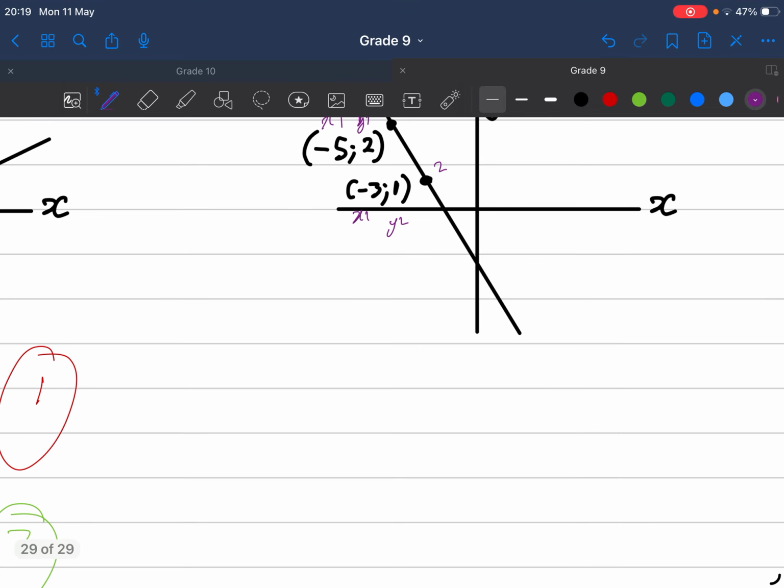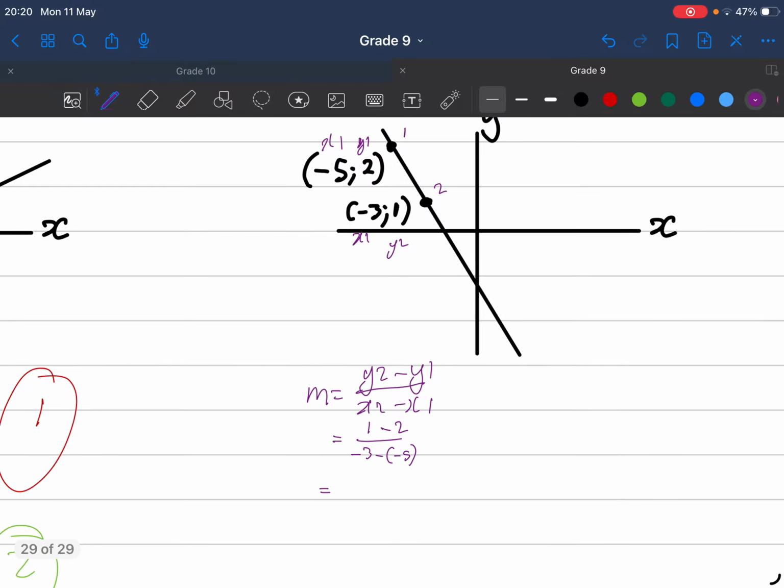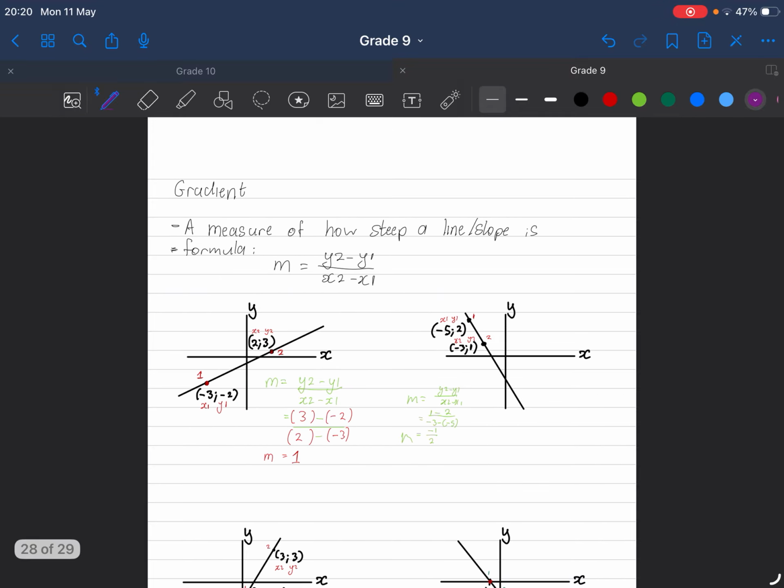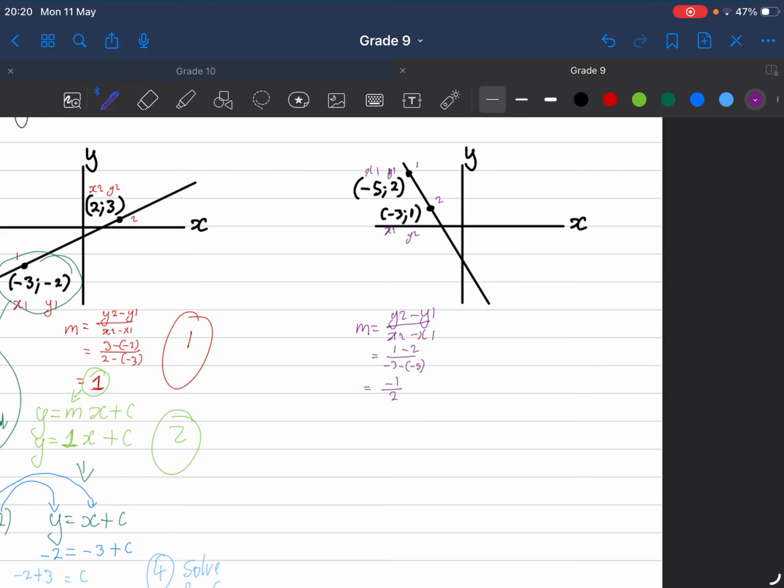So now we're going to begin. m is equal to y2 minus y1 over x2 minus x1. y2 is going to be 1 minus 2 over minus 3 minus 5. So that's going to give me negative 1 over 2. Is this the same question from earlier? Alright, yeah, those are the same graphs from earlier. But anyway,